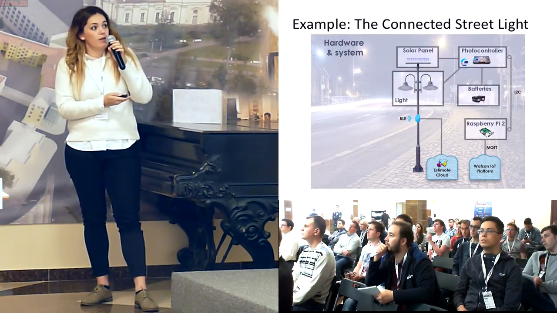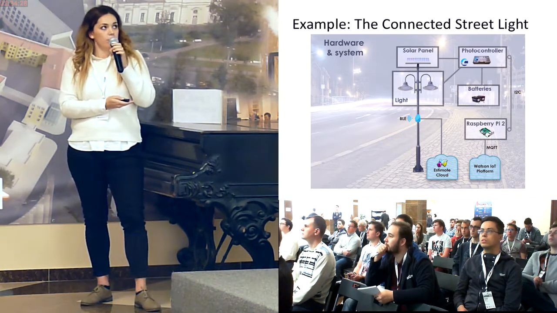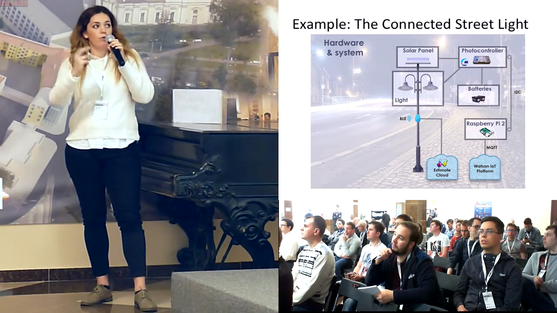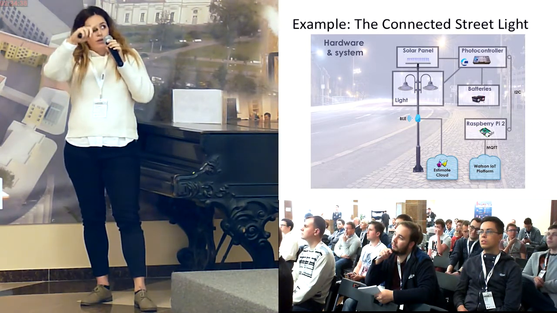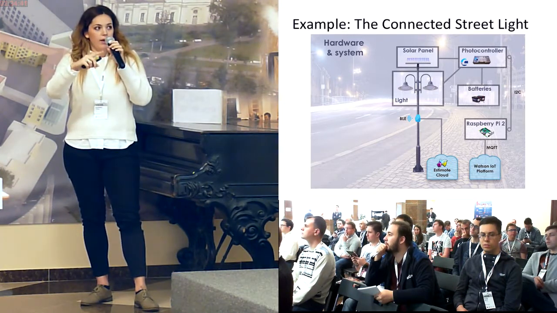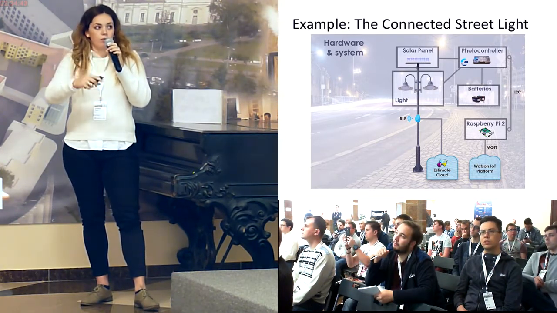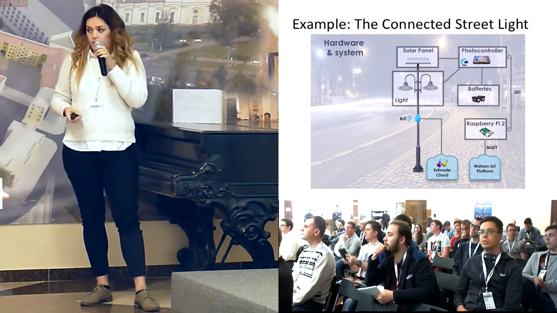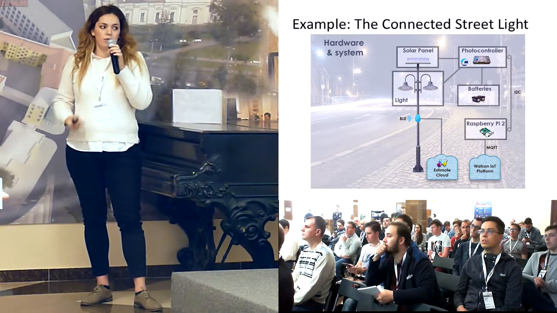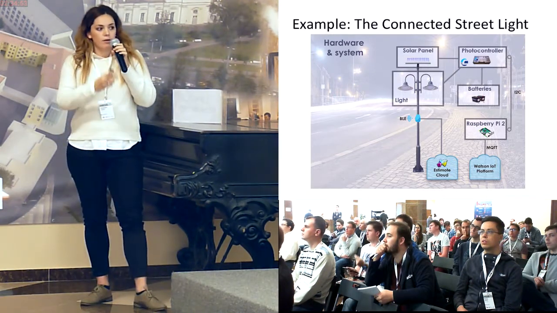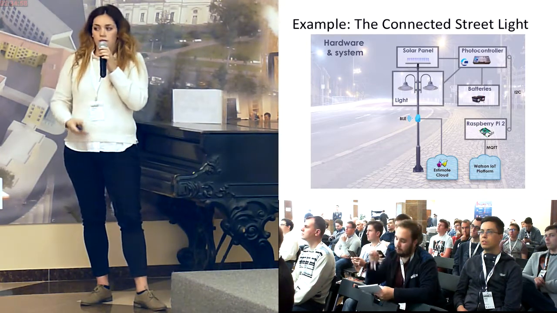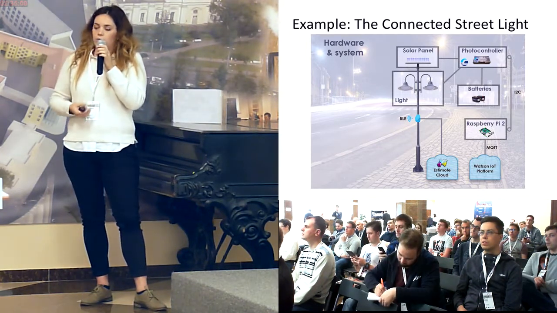So this is the hardware and system architecture. You have the solar panel, you have the light, then you have the photon controller, which receives the energy from the solar panel and then controls the light, and the battery as well. It will send all the data with a Raspberry Pi, for example, and the Raspberry Pi will send the data to the Watson IoT platform. And this is where you can start to build your apps, dashboarding apps, controlling apps, receiving all this data coming from the lamp.